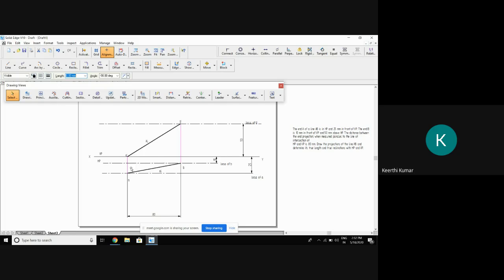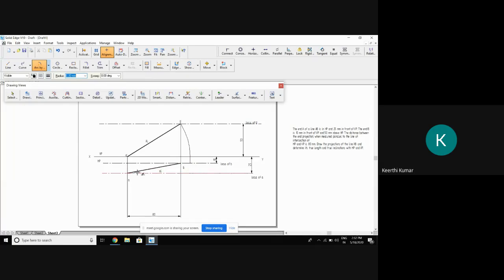What to do? Arc by center point method. Keeping this as a center, this is the radius. Cut an arc. This arc should be in thin line. Similarly, see, I took from locus of B and I cut an arc till it reaches the locus of A. Then what I'll do? I'll draw the vertical line. Select the vertical line. From here to where? I'm drawing for V, the point B. So if I draw the vertical line, this is enough. Then similarly, at the bottom also I'll do the same way.